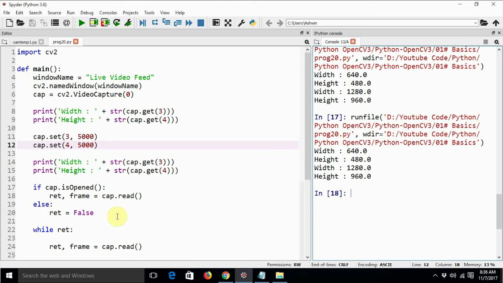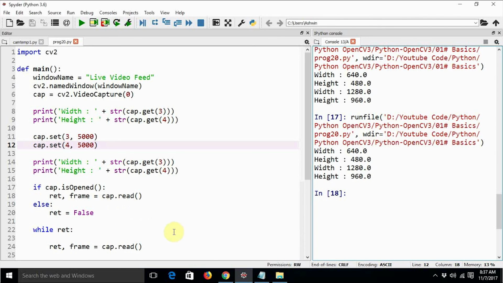Or you might even be using a DSLR as a webcam. A DSLR is a computer itself, right? So it has the ability to process the videos live and all. So if you have a very advanced webcam or a DSLR which you can use as a webcam, then you can probably get a very high resolution in this case.